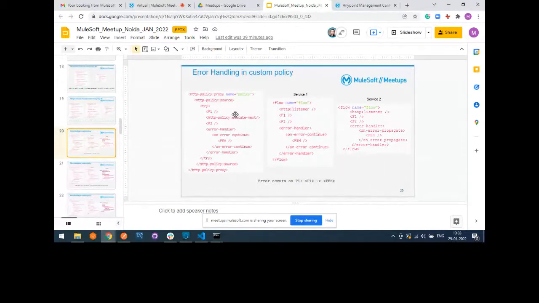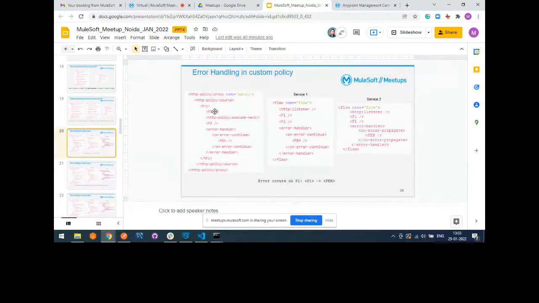Let's see those scenarios basically. And this is an inbound policy that we will be taking a look at. So if you have an inbound policy applied, and you have a P1 block, and then you have a microservice underlying it basically,